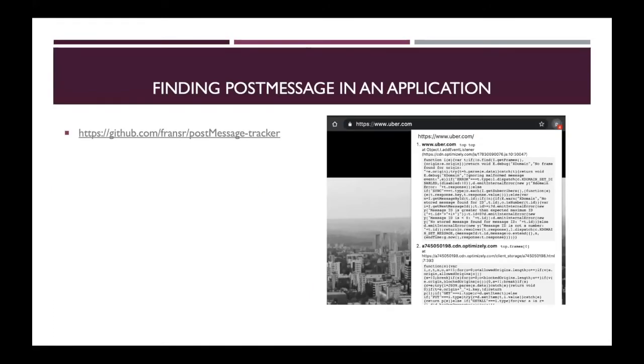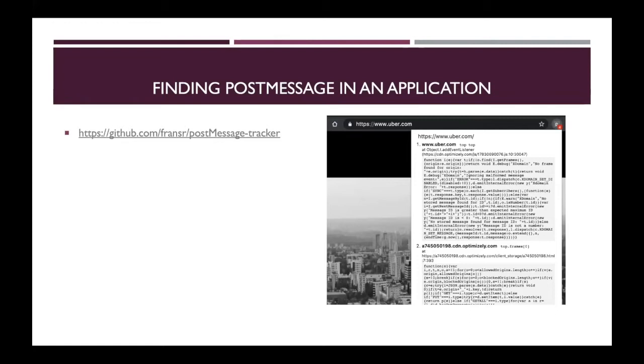You can find a postMessage function or method in HTML forms or JS files used in an application. But if you are testing large applications such as Facebook or Uber, it is very difficult for any tester to find every postMessage used by an application.